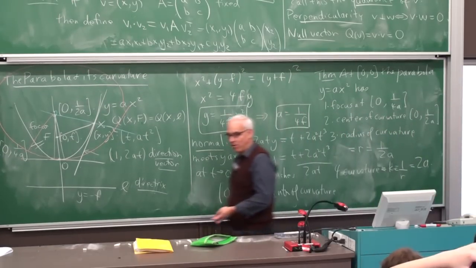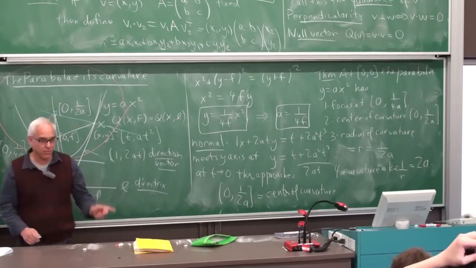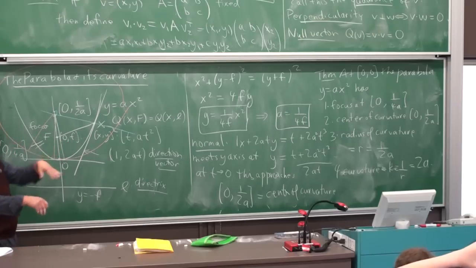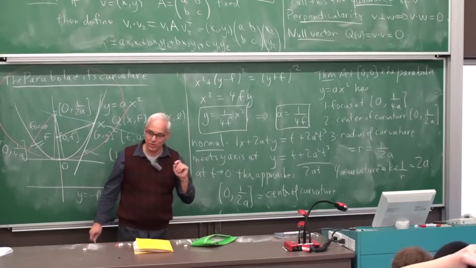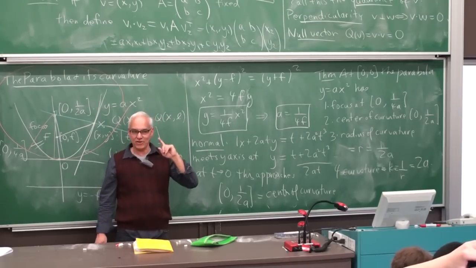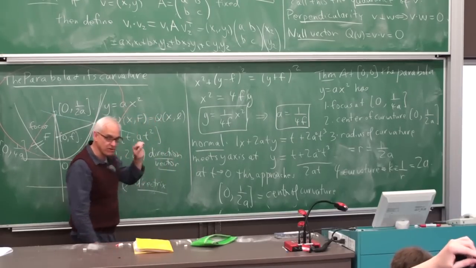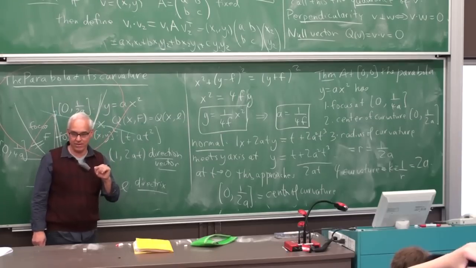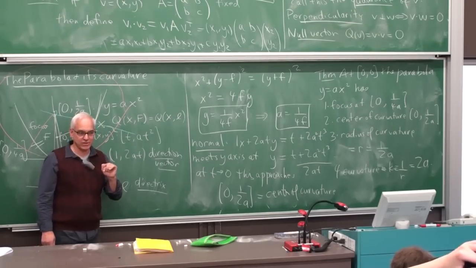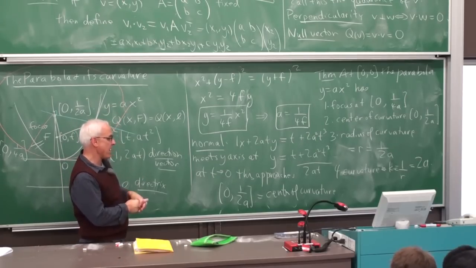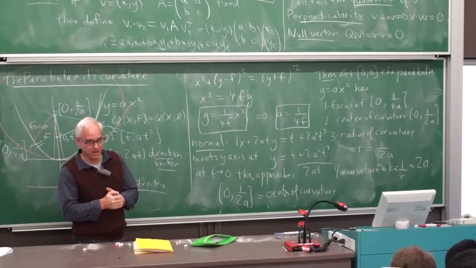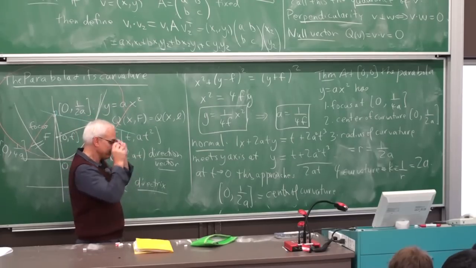Okay, so that's the classical parabola with parameter a. We have computed various things about it. That's all good, but what we would really like to do is extend this and understand not just this parabola, but a more general parabola. So next time we're going to look at more general parabolas and more general formulas for curvature. And we'll see that we may have to be a little bit more flexible in our thinking. See you there.